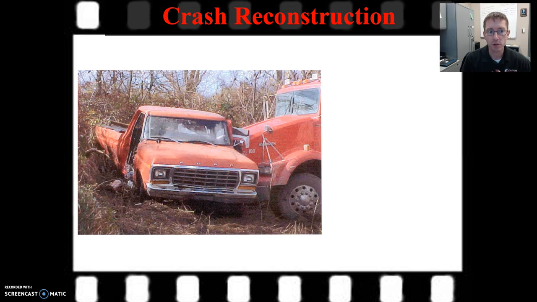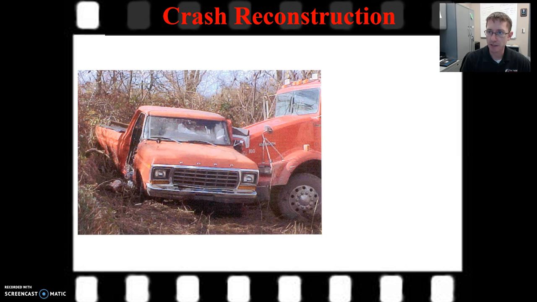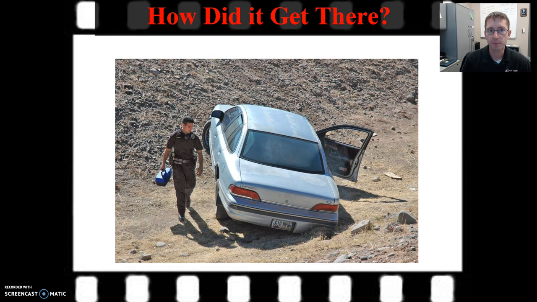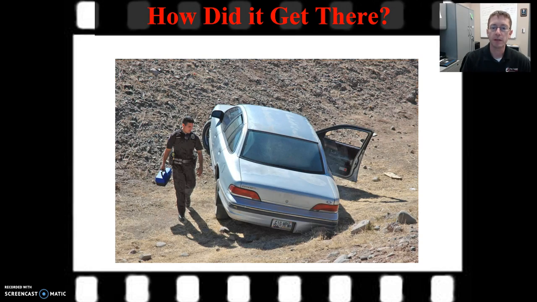All right, so crash scene reconstruction, good photography. This here is visual storytelling. What happened? If these are all your photographs in tight, you're not going to do a good job. We need to get some of these overall shots. Now, of course, we do have important things showing up in our image here, the ambulance and the firefighters, but without the skid marks, without showing the whole scene, this picture doesn't have a whole lot of context. How'd the car get there? How'd this happen? Where are we at? It's getting these photographs of the tire tracks going through the dirt, going off the road, that gets us to